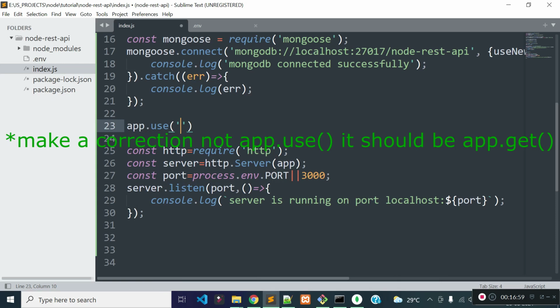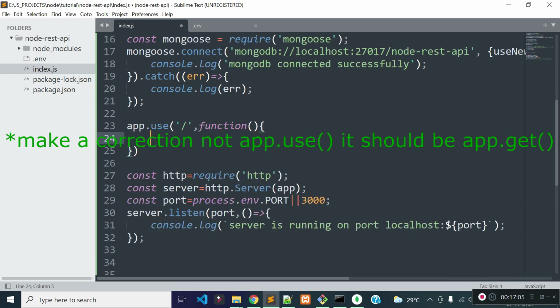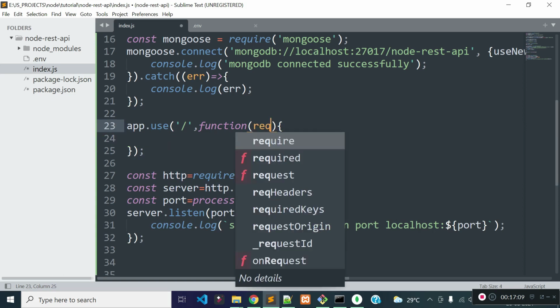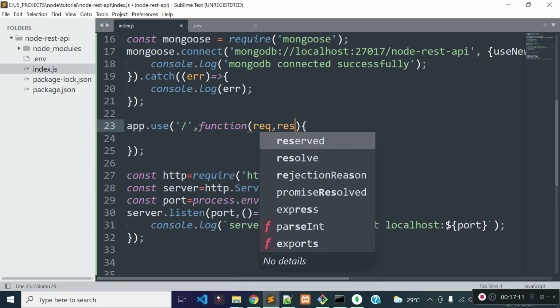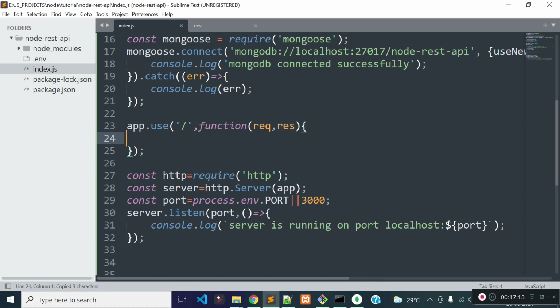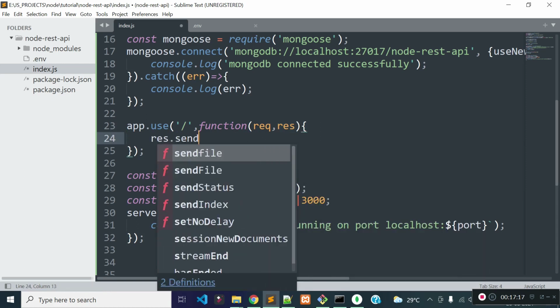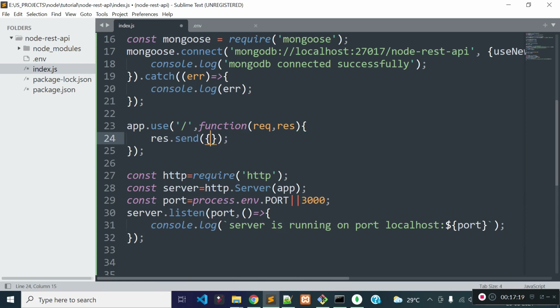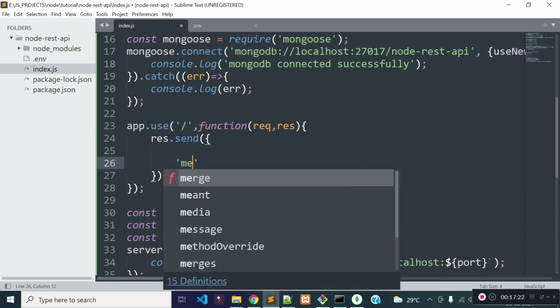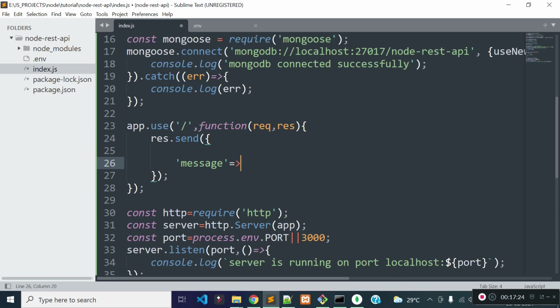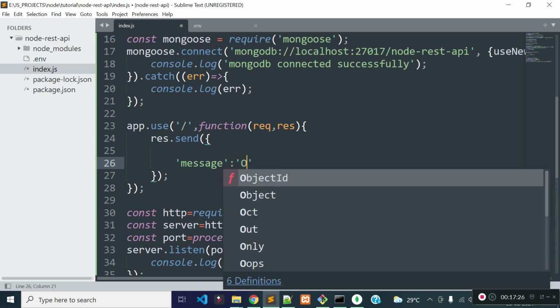inside this app.use we need to provide the path, and then provide the callback function. We will get the request object and response object here, and from this callback method I will return a JSON response with the help of the send method, and from the send method I will return a message called our first endpoint.